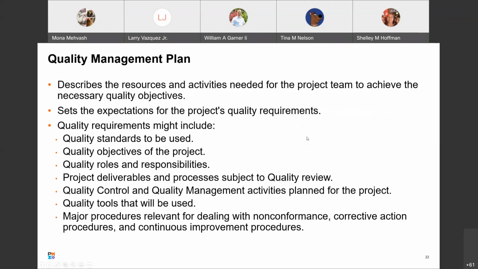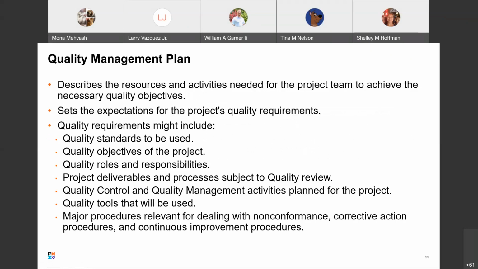So we're going to take a look at the quality management plan. We're almost nearing the end of this section, guys, so stick with me here. The quality management plan describes the resources and activities needed for the project team to achieve the necessary quality objectives and is an appropriate place to set expectations for the project's quality requirements.